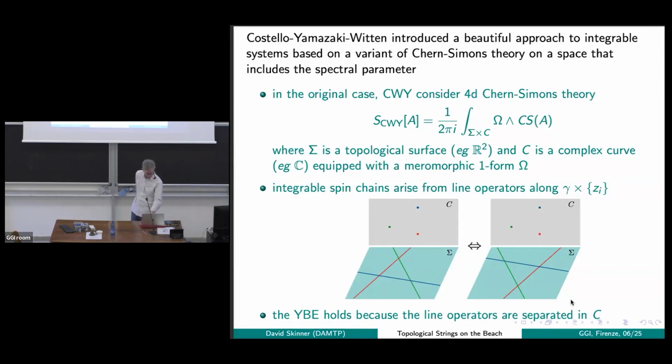And this is the origin of integrability for spin chains, from their point of view. And all the different spin chains you can get, and all the different integrable systems you can get in this framework, all come from choosing different types of one form. So we don't just have to choose dz, we could put in some poles, we could put in some zeros, we could change the gauge group, we could impose different boundary conditions on the gauge field at those poles and zeros. All of those different choices lead to different families of integrable systems. That's why this is a sort of classification framework for all of them.